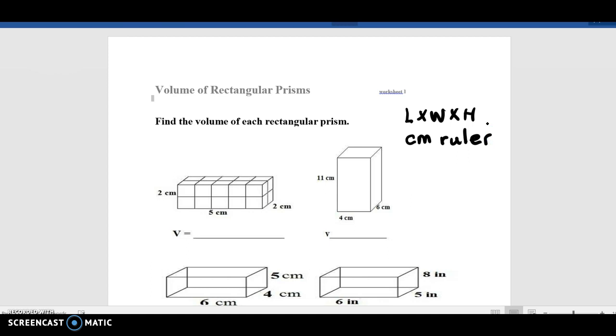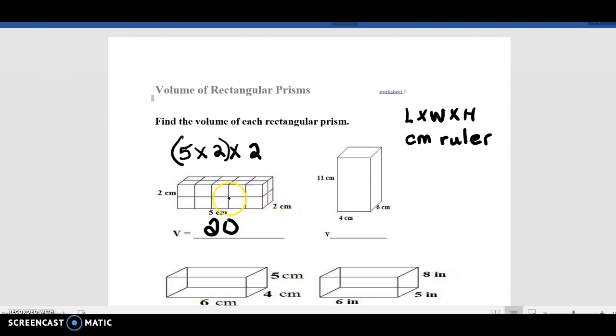So for most things, for instance, the first one has a length of 5 centimeters times a width of 2 centimeters times a height of 2 centimeters. So 5 times 2 is 10, and 10 times 2 is 20. It is 20,